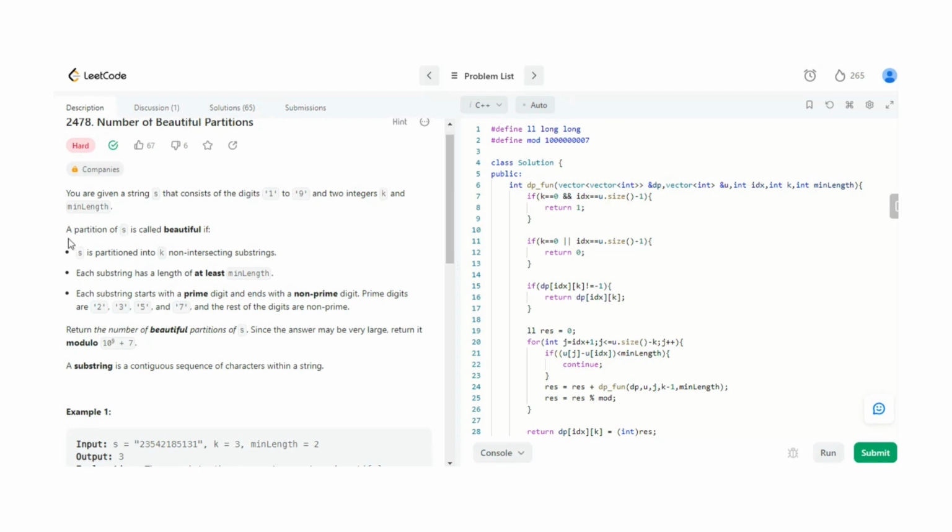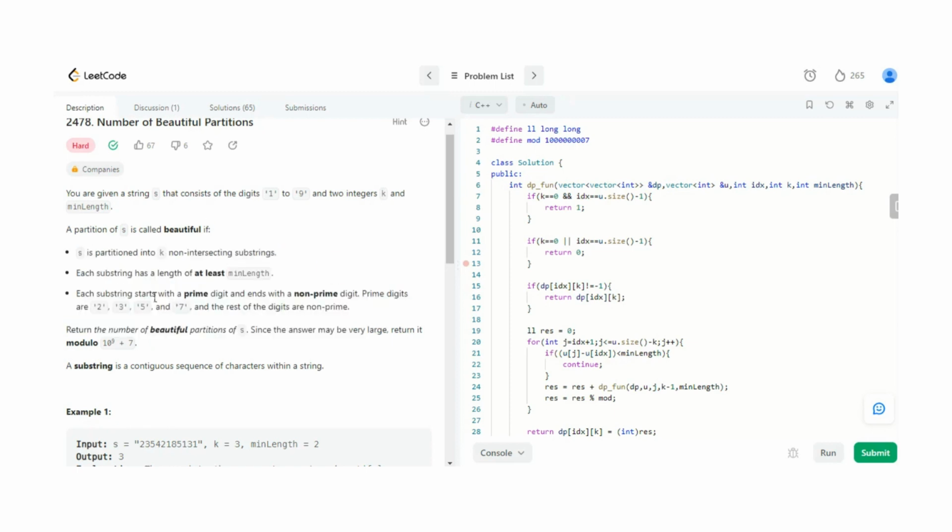In this question we need to partition s so that the string can be called beautiful, and we need to do at most k partitions, meaning exactly k partitions in that string, and follow some conditions that they have given.